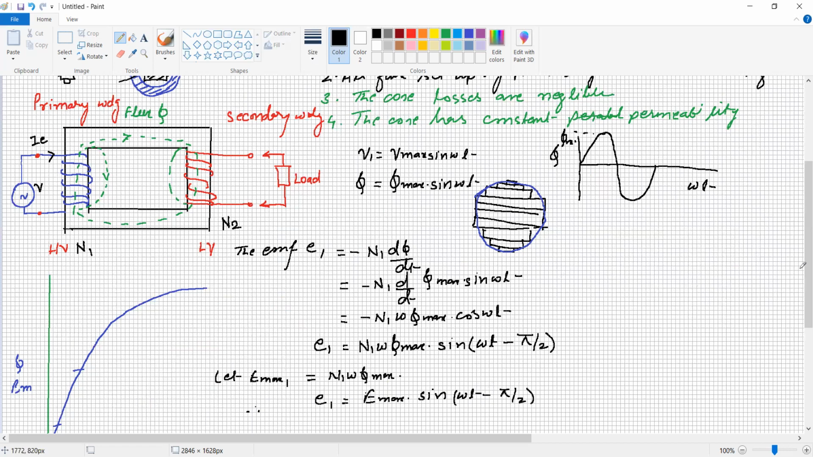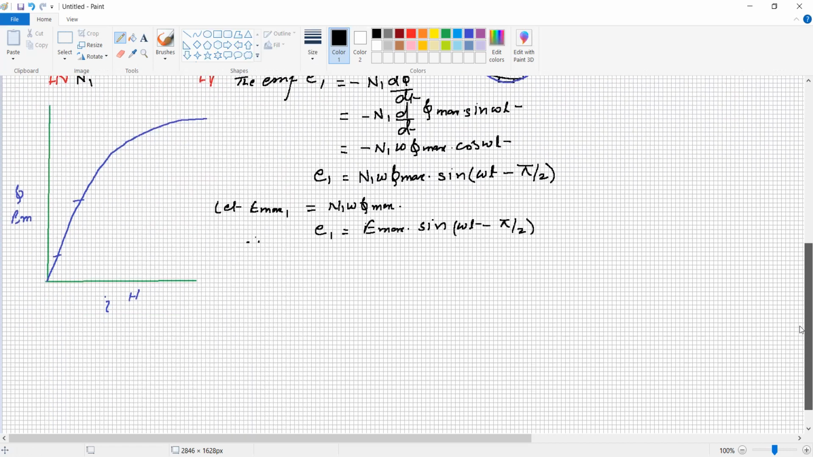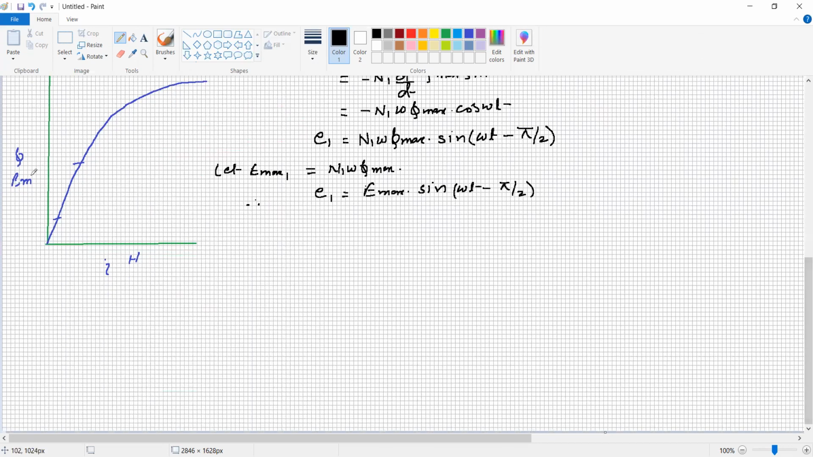Now, for the RMS value, we can write E1 is equal to the maximum value divided by root 2, which is equal to